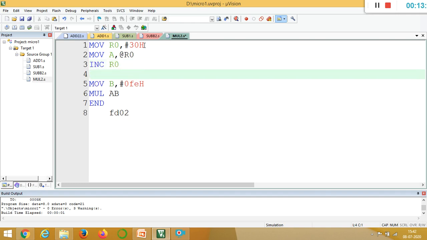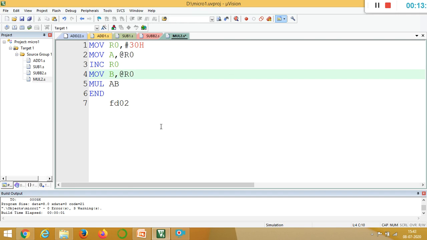So the value inside must move to B register, that is MOV B, @R0. Now whatever value is present in the 31st location is going to be moved to B register. After that it has to be multiplied. So MUL AB, then whatever result you get, the lower byte is going to be stored in A and the higher byte is going to be stored in B register.